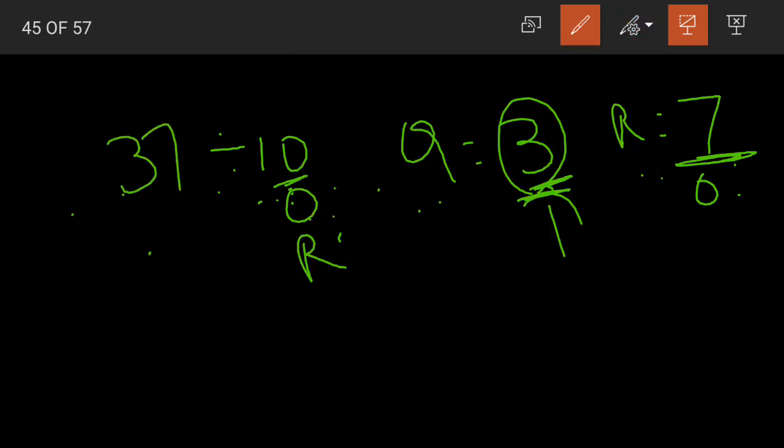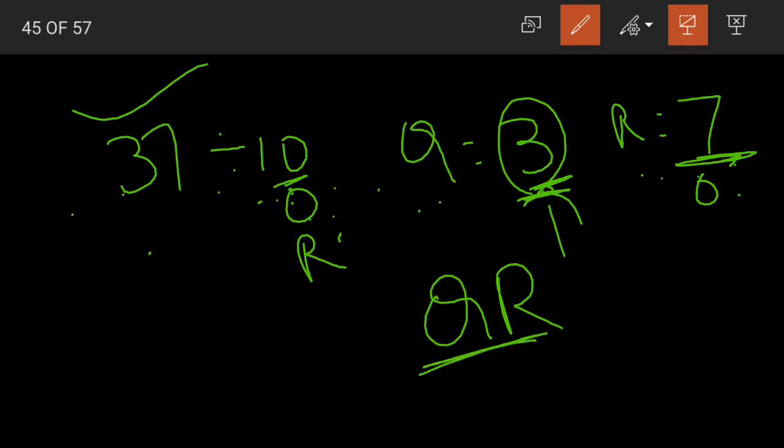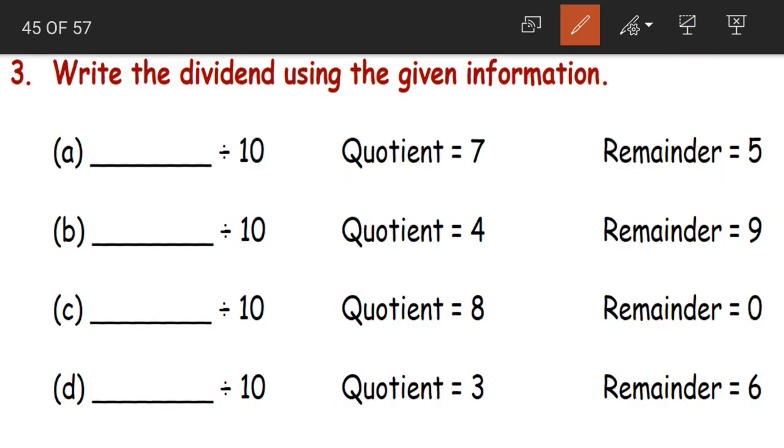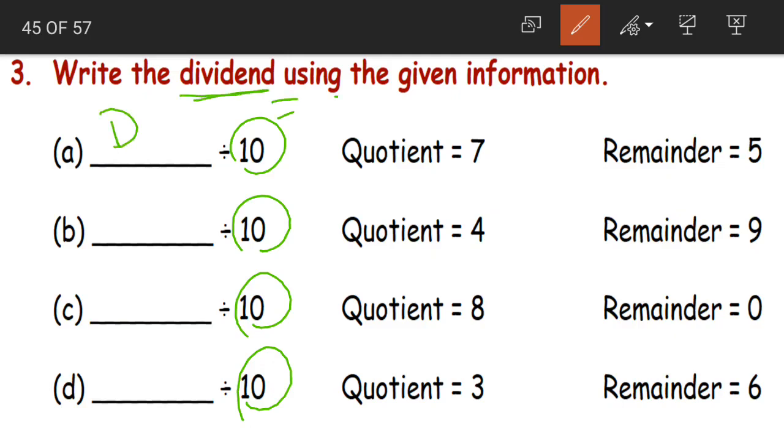Okay children. Now you will have only two numbers given here. Write the quotient and then write your remainder. Then you will get the dividend. Remember this order. First should be the quotient, then we should write the remainder. So when is this rule to be applied? Only when you are dividing by 10, children. So whenever you are dividing by 10, what does the dividend become? Dividend becomes quotient remainder. When we write both the quotient and remainder side by side, we will get our dividend.